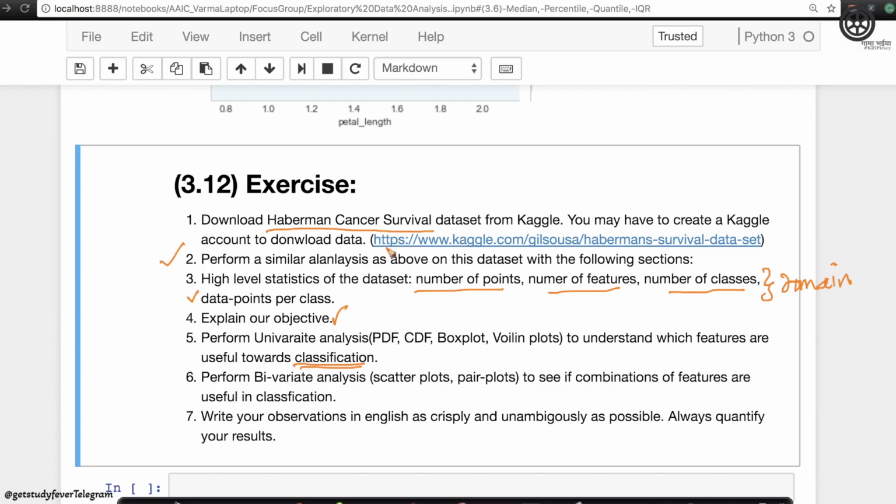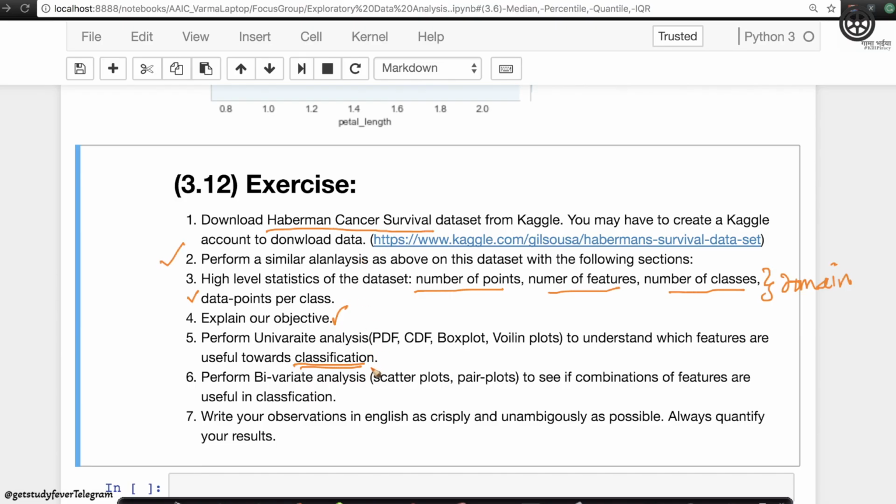This dataset is very interesting because it has a bunch of features and it tells whether a patient would survive a cancer treatment or not. So it's unfortunate for those people who couldn't survive it. But again, healthcare is a great place where machine learning can have a huge impact on the lives of millions of people. It's a simple dataset. It's not a very large dataset, but this will give you a gut feel about things like how to do